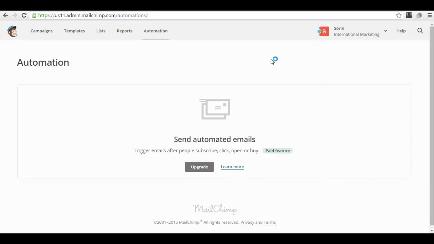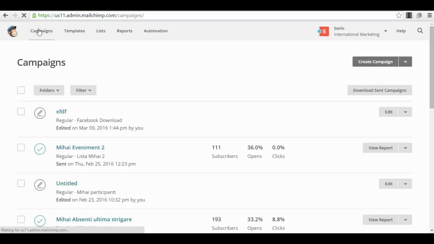For example, when you're building a webinar list, you can set up emails that will be sent right after somebody subscribes to the list, on the second day, one day before the webinar, on the day of the webinar, and so on. So you won't have to send every newsletter manually every single time. They are like templates and they are sent automatically. So you automate your cycle for the email series. If not, in MailChimp for example, you just have to send the newsletters manually.